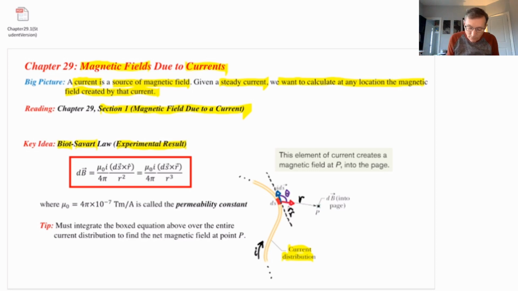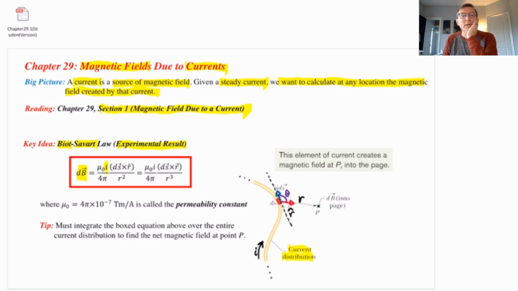So the contribution will be labeled dB arrow, and it will depend on the current I, that's right there, and then it's going to have some constants out front. Now remember when we calculated the electric field from a point charge, call it dq, it involved